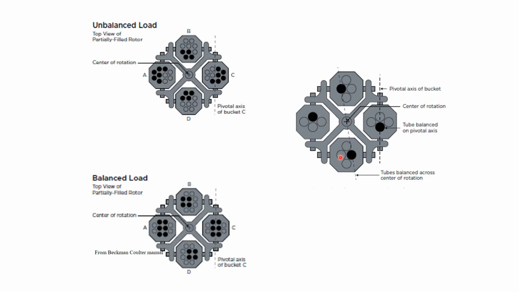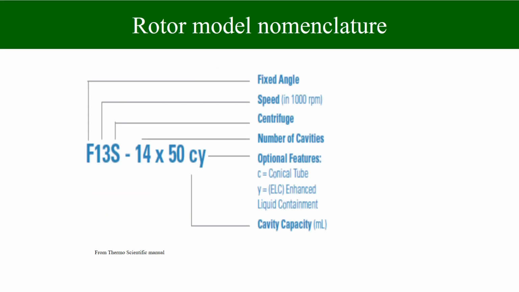This is an example of a well balanced arrangement of centrifuge tubes. Look at this. There are more centrifuge tube holders and the experimenter has properly balanced it. And the image here is an unbalanced load of samples in the centrifuge. Take your time. The task that is given for you is to learn to rearrange it in such a way that it becomes balanced. It is to help you to know your centrifuge rotor.